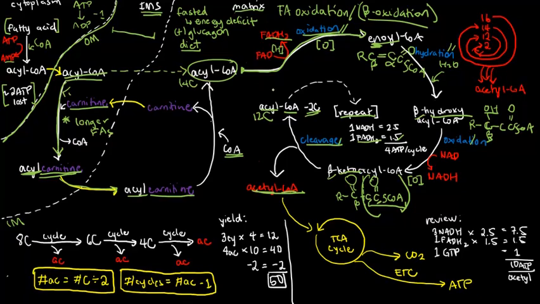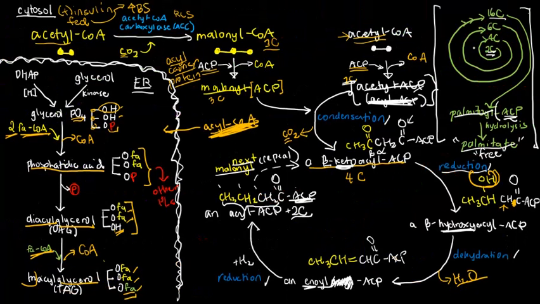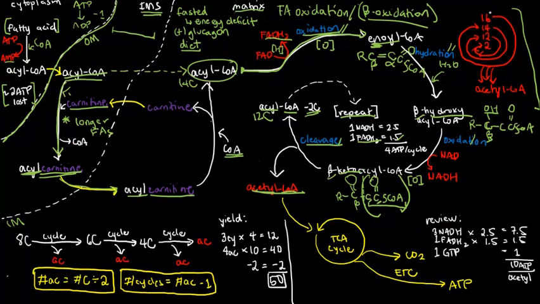Thus, what you can see here is that this is pretty much the reverse of the pattern we're seeing in fatty acid synthesis, if you watched it already. In fatty acid synthesis, I did mention that the pattern is plus 2, plus 2, plus 2, plus 2, 2, 4, 6, 8, 10, 12, and then normally we end at 16. But here, it's the reverse.